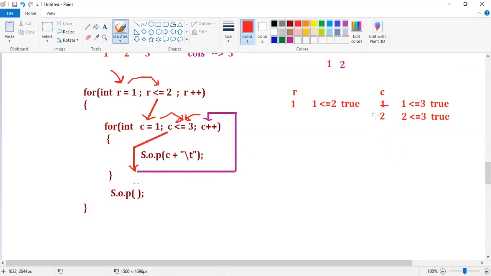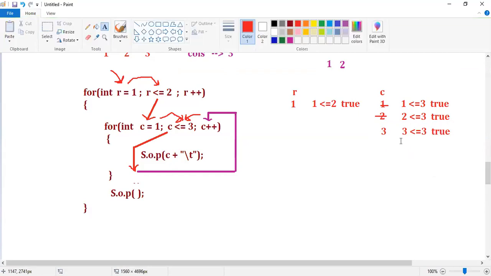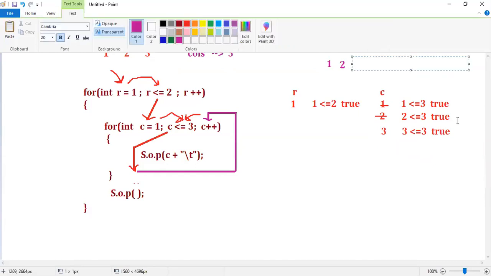In the next iteration, 2 becomes 3, and it checks the condition 3 less than or equal to 3, which is true. Because of true, we are going to get 3 as the output.